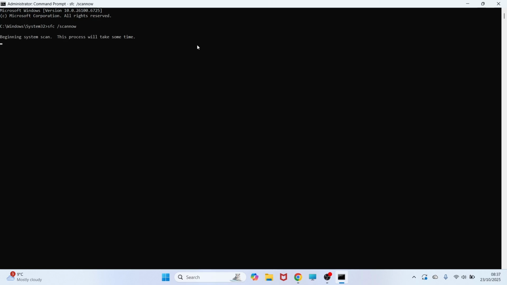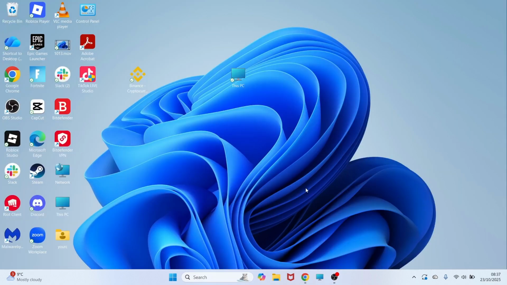Now, this is going to scan your system for any corrupted or damaged files, so you'll just need to wait for this verification to get to 100%, and if any errors are found, it will automatically repair them here. And once you've done that, you can once again check to see if that solves the issue,